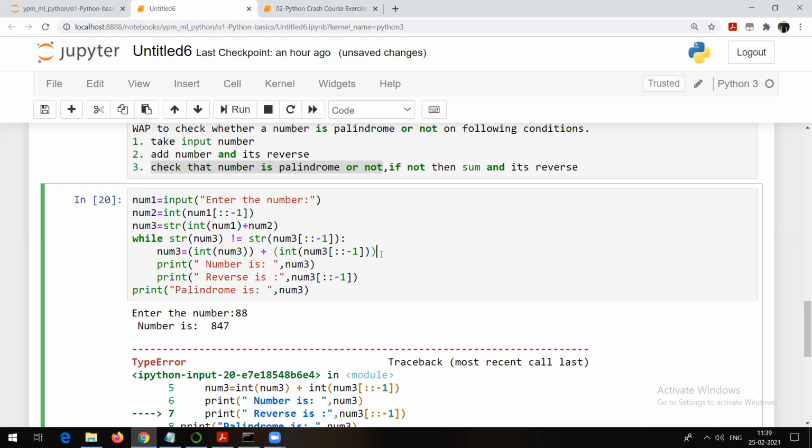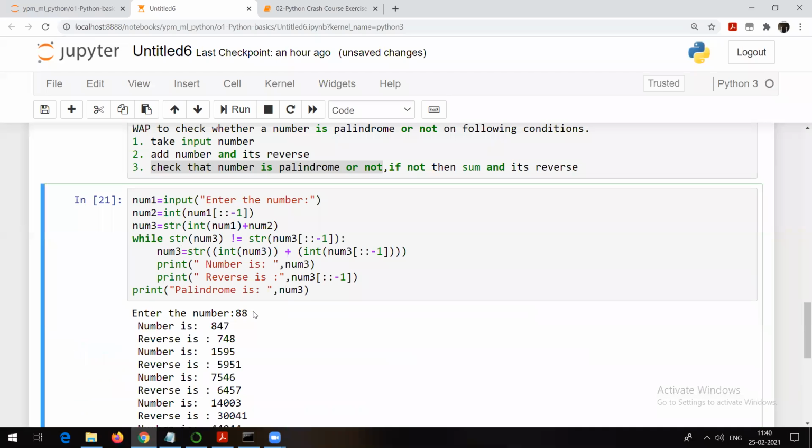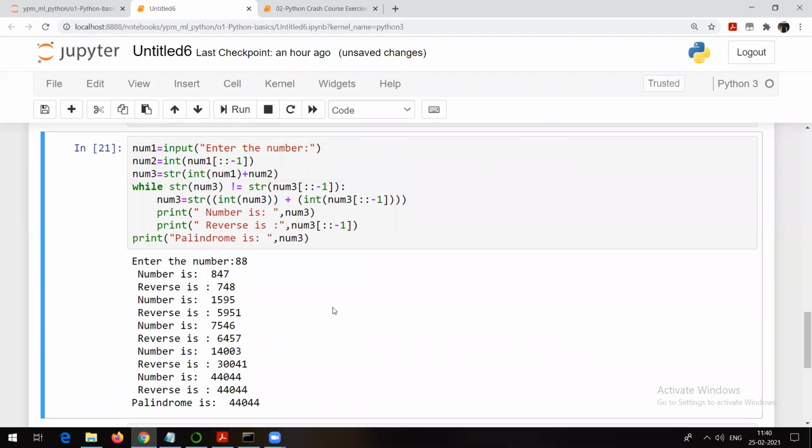Now what I am going to do is convert this whole thing, because for num3 at the end we need to take the reverse of num3 again and again, and to take the reverse we should have an answer in the format of string. That's why I will just go here and typecast the complete line, the complete result, into string, so that finally I get the answer as a string itself. Let me check once again. Yeah, now see, I got the answer.